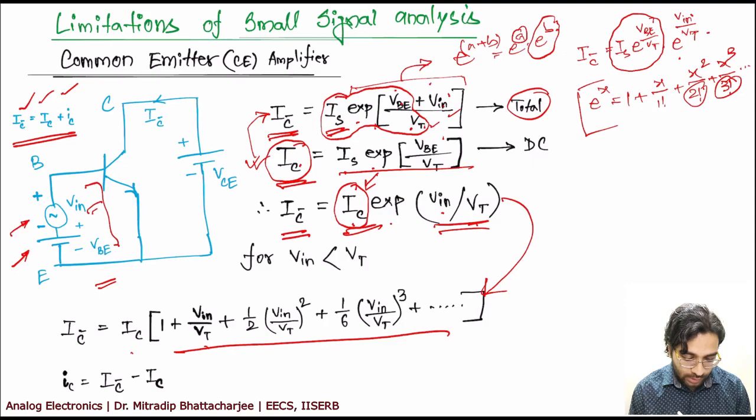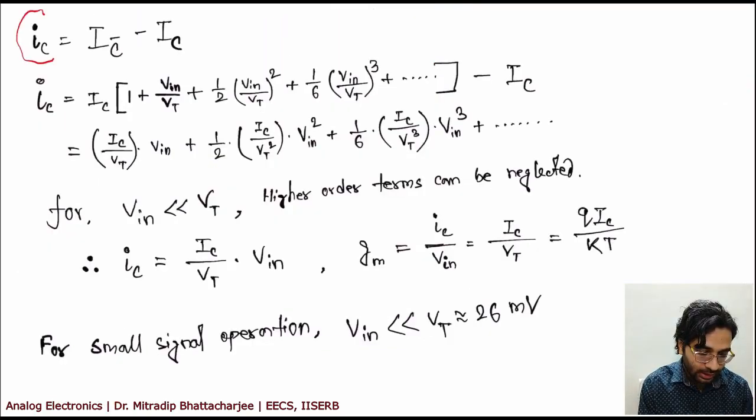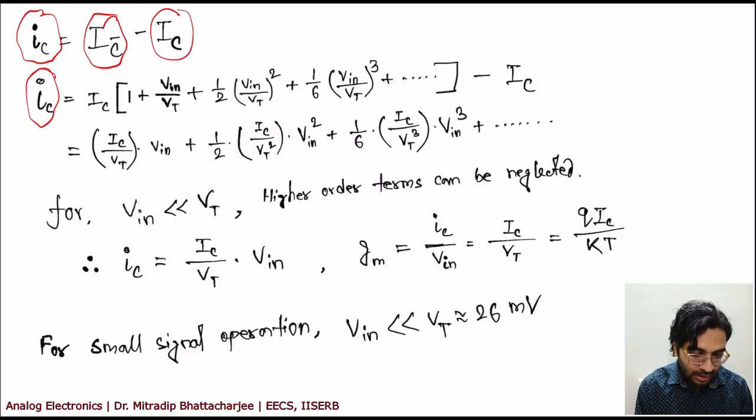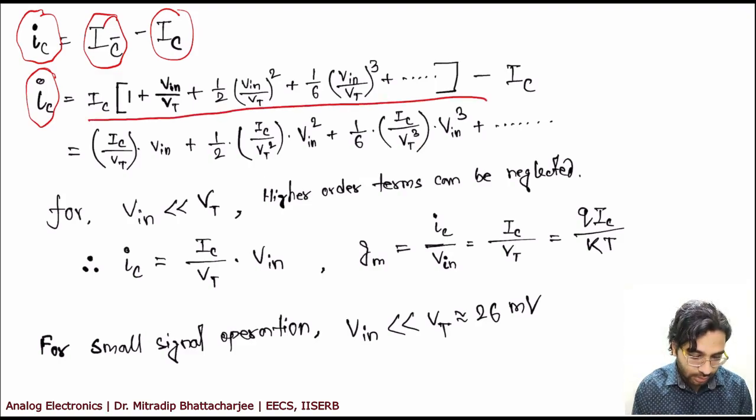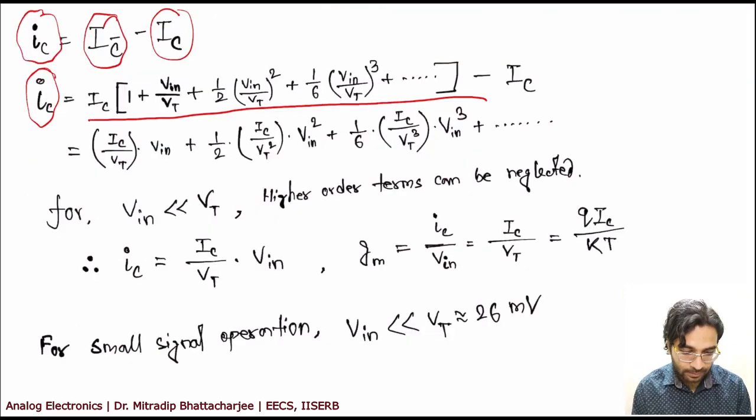Now, the AC component is nothing but the total component minus the DC. That is what is written. Total component minus this DC part is your AC component. So we have written here the AC component is total minus DC. So your AC component is the total value that we have got in this expression, the total I_C times 1 plus this thing, so this minus DC.